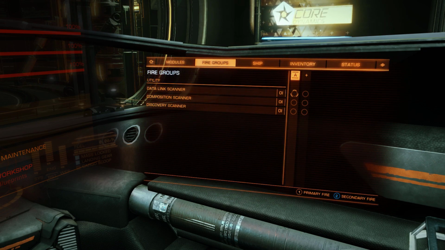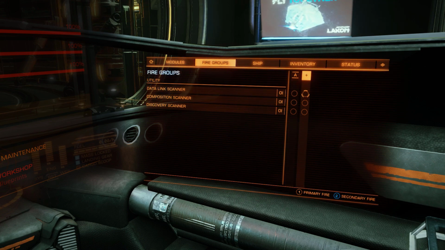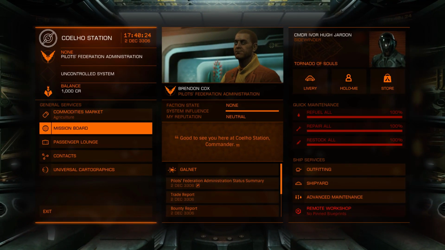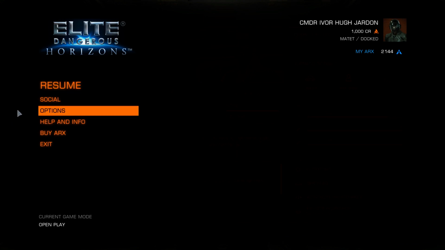We're not going to use a data link scanner or a composition one, but so you just use your cursor or whatever it is to move these things around. So it's the discovery scanner. I'm just going to put it on trigger 1. So when I pull my main trigger, that's going to go off. Right. So now the other thing we need to do is just check your key bindings for how the scanner